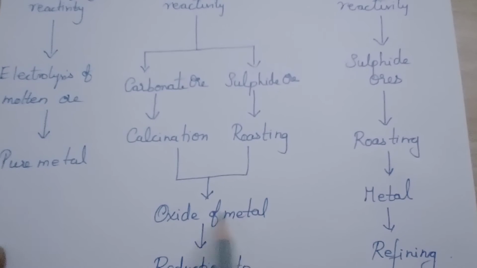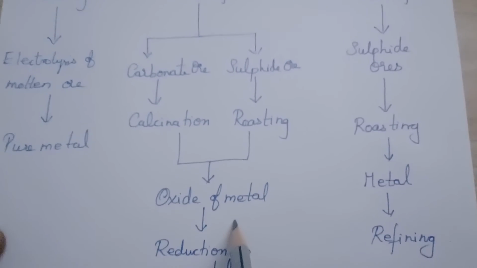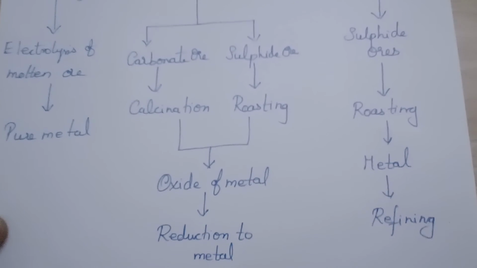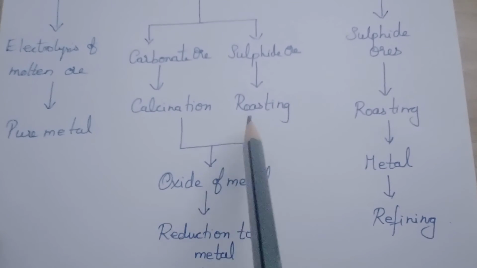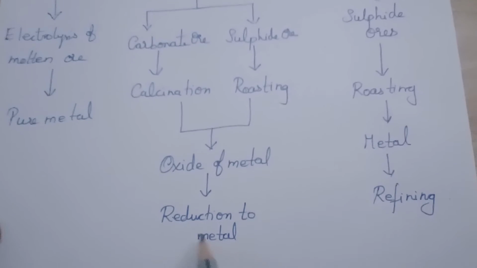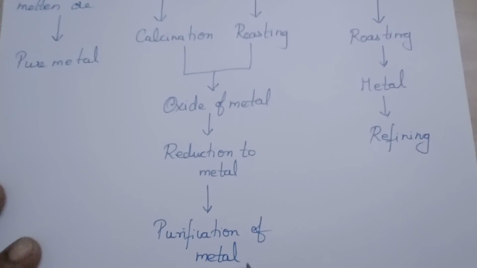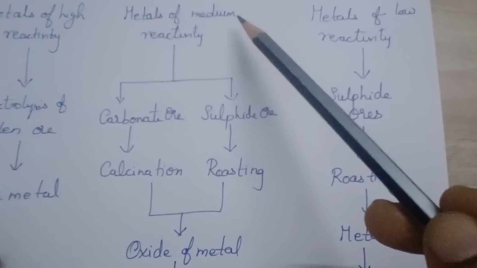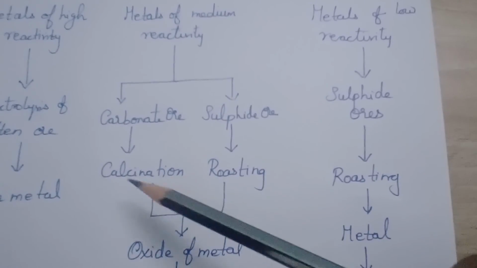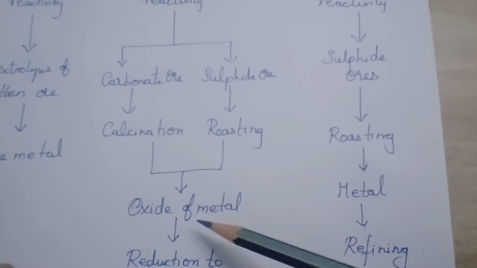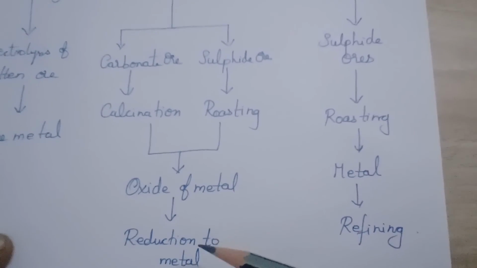Once the metal is obtained in the form of an oxide compound, then it can be easily reduced, okay. First we will convert into oxides of metal, then reduce to metal, and then purification of the metal will happen, okay. So metals of medium reactivity go by calcination and roasting, formation of metal oxides, reduction to metal